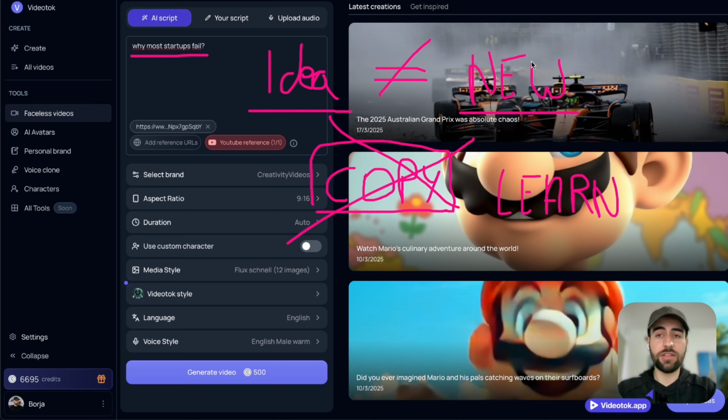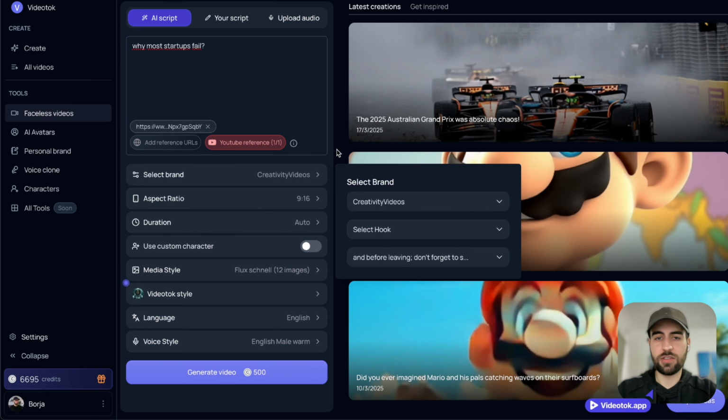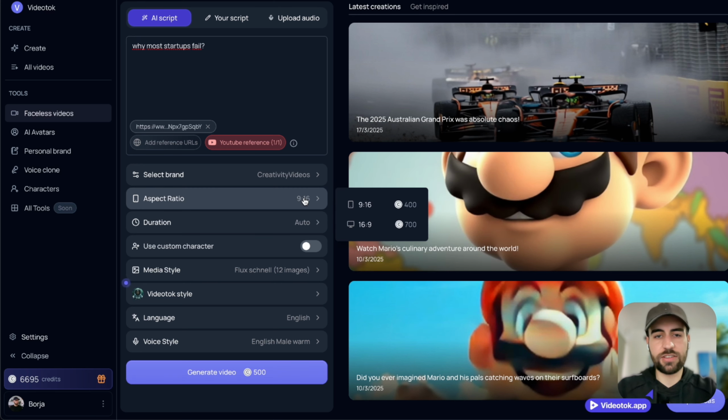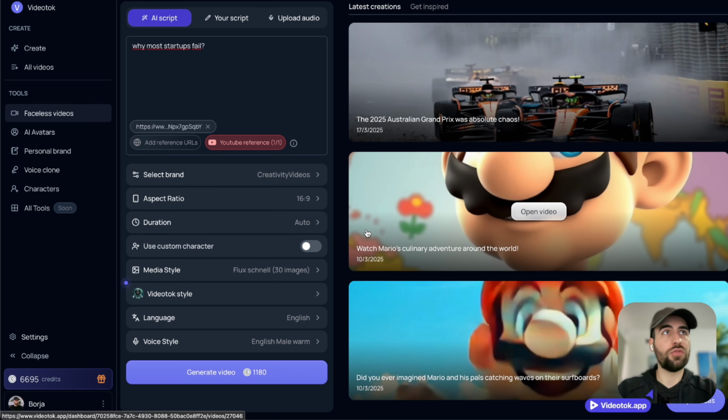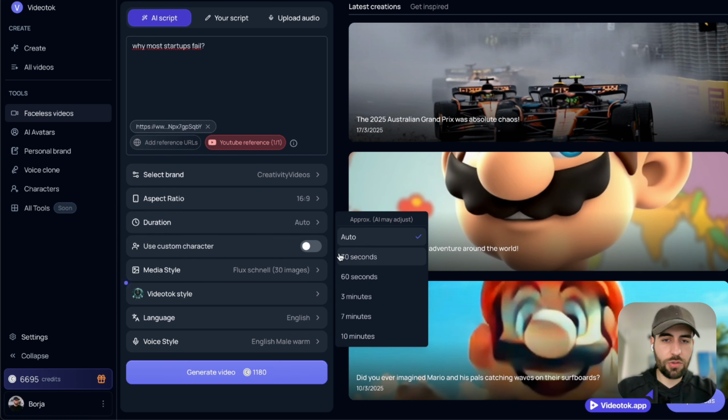Look for something that is working for others and recreate it in your own style. And for that, the AI is going to be super helpful. So let's check how we can continue doing this with the AI. So I added the YouTube reference, I added my idea, and I added my brand to recreate it in that style. Then for the aspect ratio, I'm going to select 16:9, so these long horizontal videos, and then the duration,